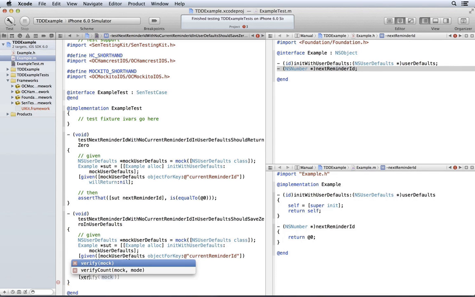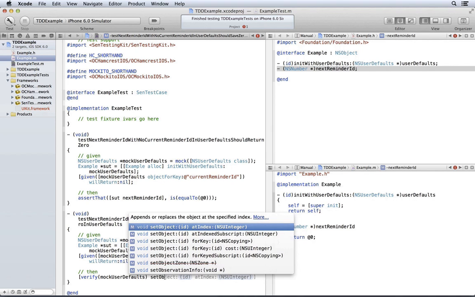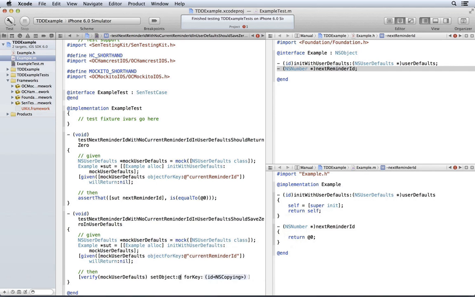So I say verify on the mock user defaults that set object 0 was set for the key current reminder ID. Like that.